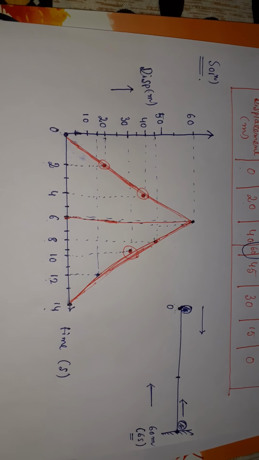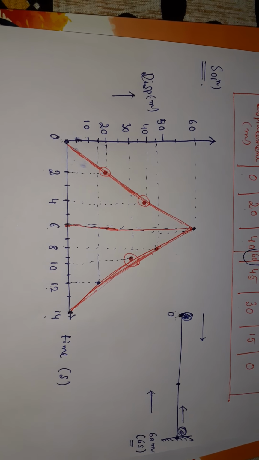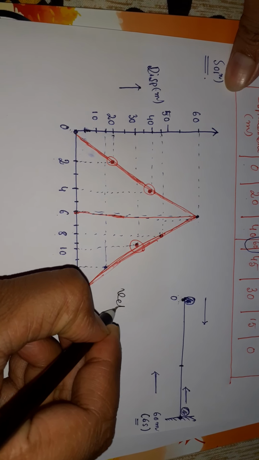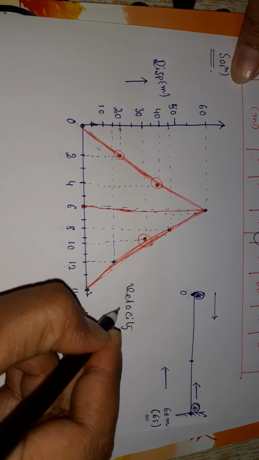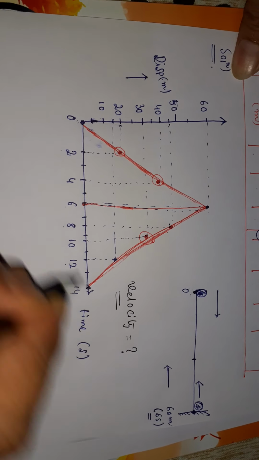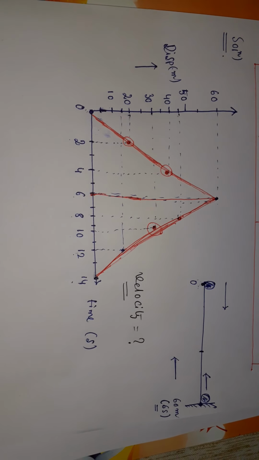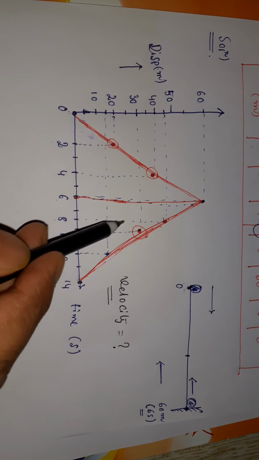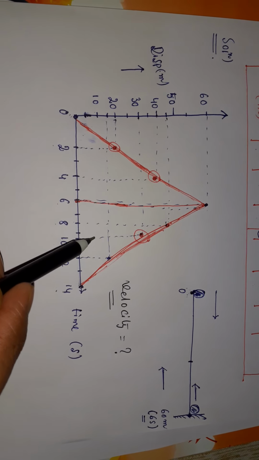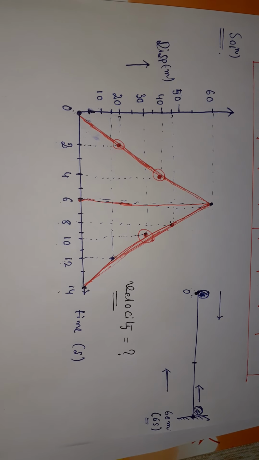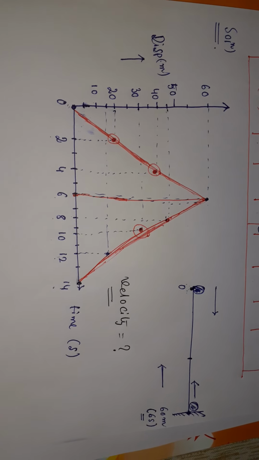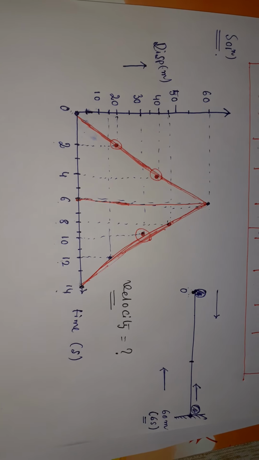So what we are going to calculate from here? Only one thing, that is what is velocity, how much velocity is there within this journey, how much velocity in the first half, in this portion, and in the second half how much velocity is there. These two things we will calculate. So how can you calculate? Two ways are there, by drawing the graph, by drawing the slope.